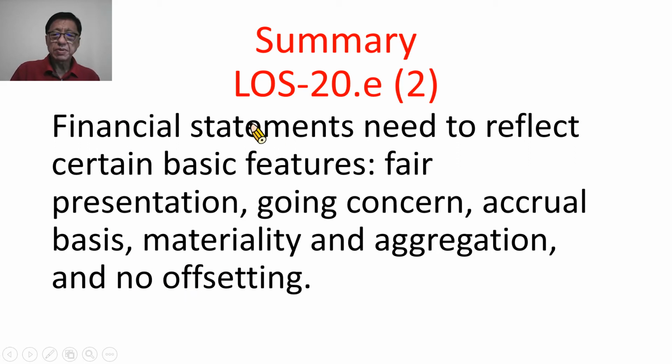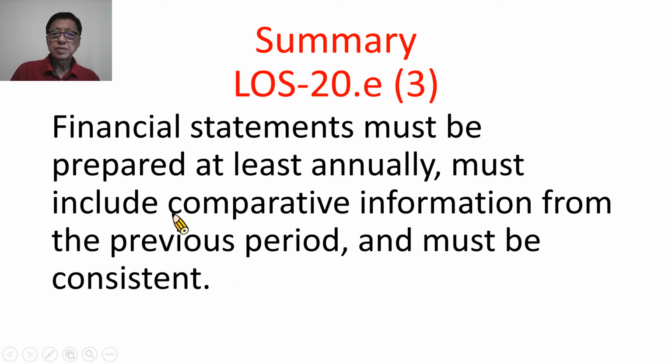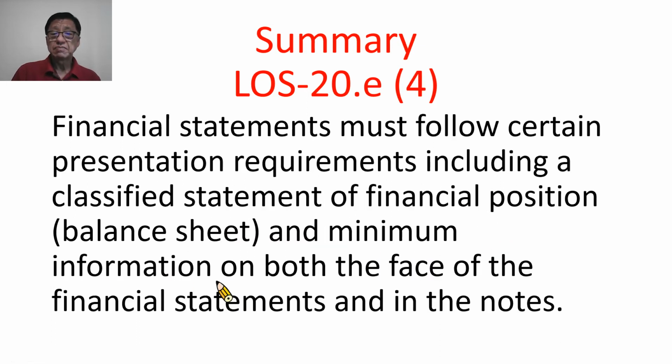我们看看第二个 summary。Financial statements need to reflect certain basic features: fair presentation, going concern, accrual basis, materiality, and aggregation, and no offsetting. 他说财务报表需要反映出某些基本的特性，公允表达，永续经营，应记基础，重大性及加总，而且没有互相抵消。然后第三个 summary 他说 Financial statements must be prepared at least annually, must include comparative information from the previous period, and must be consistent. 他说财务报表的编制必须至少每一年都要编制，而且必须包括跟上一期可比较的资讯，而且必须是有一致性。